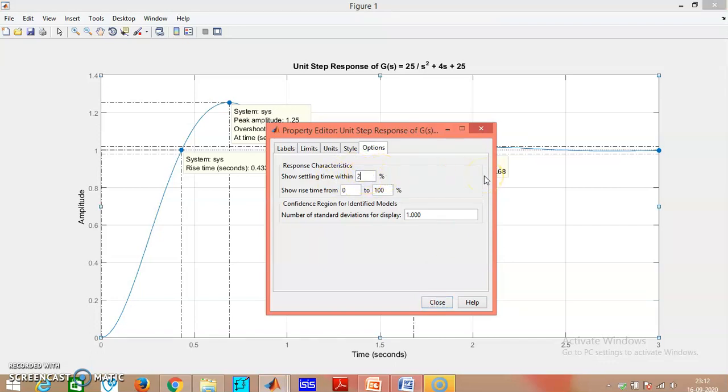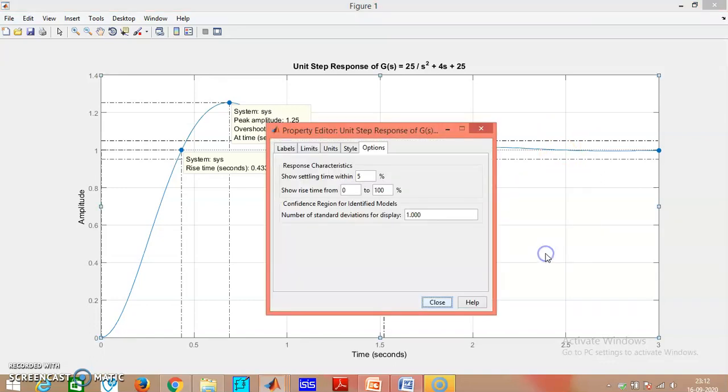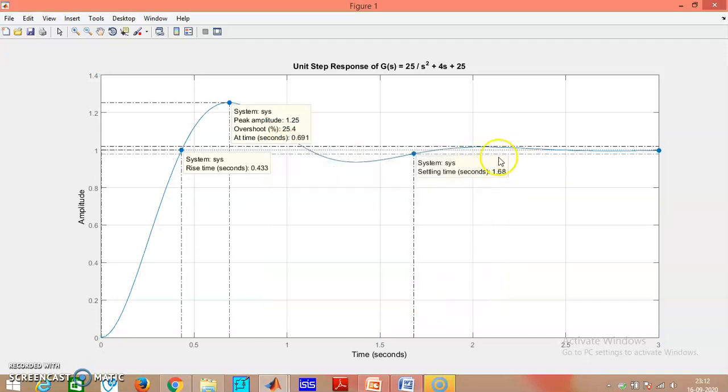If I want the tolerance for 5%, for example, and if I make an enter here, then you can find that this tolerance band has been increased. So let us keep it at 2% only. So I will change this to 2%. You can find that here the tolerance band has been changed.